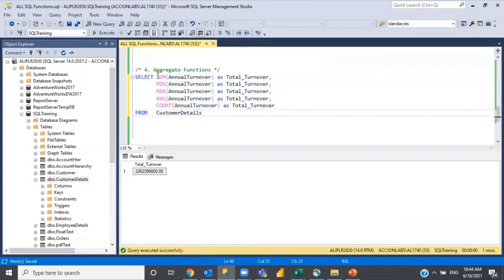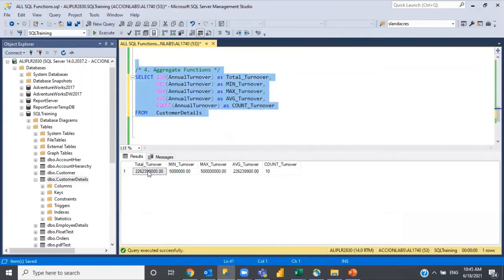Now you see I have written all five different functions. This one will just calculate the total sum, this one will give you the minimum value out of the turnover, this one will give the max turnover, and this one the average turnover. I'm executing all of this together to see the difference.